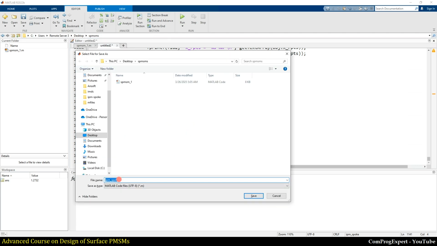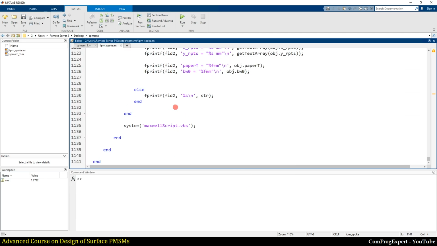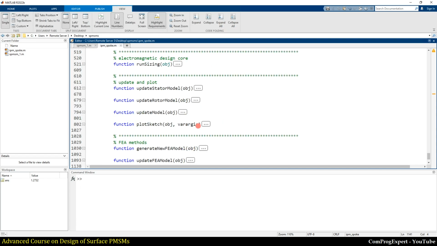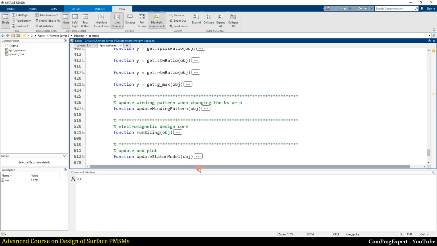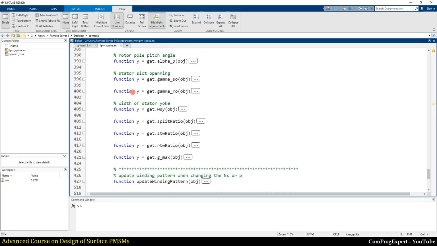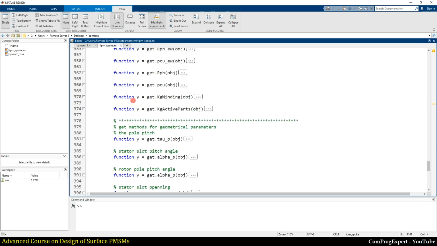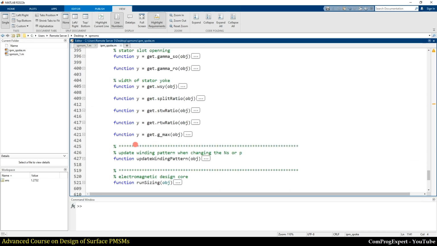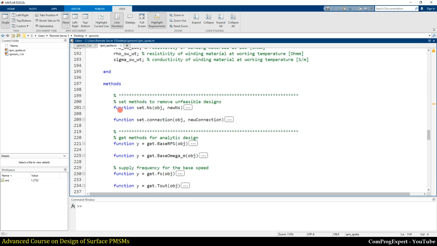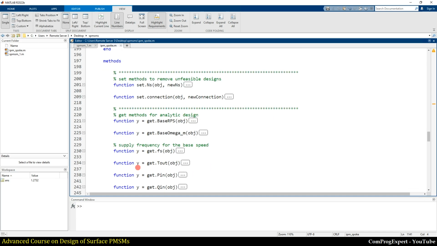Just save, because the MATLAB editor is better. So here I need to copy these get methods. We have these get methods for the analytic design.